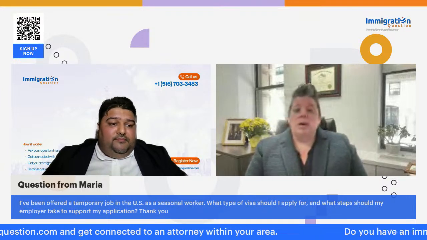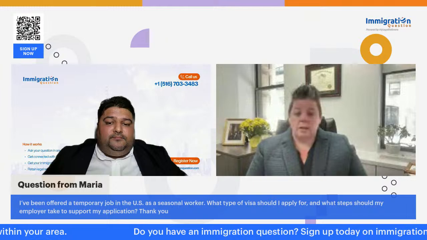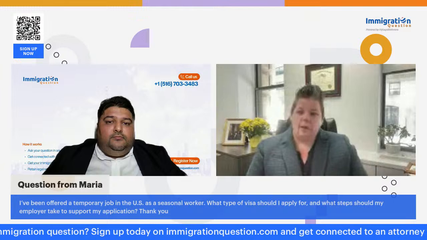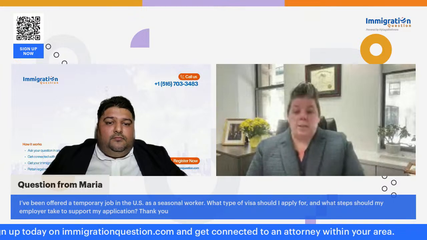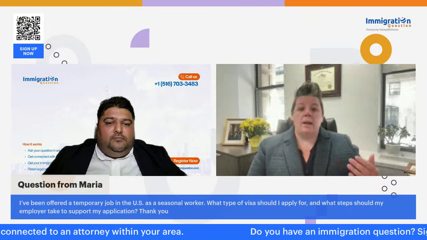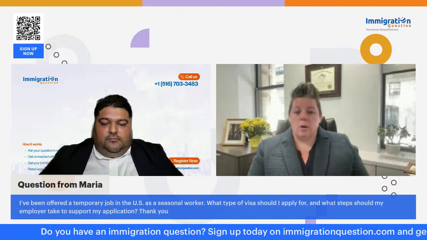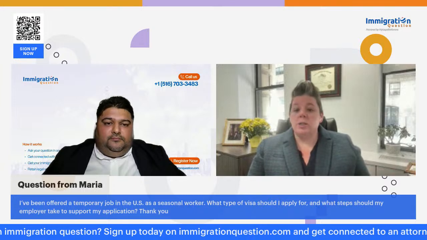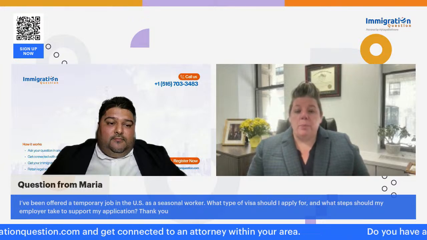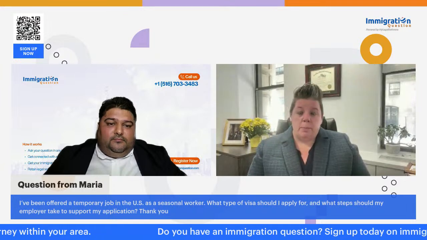Okay. So there's two types of visas that may be applicable, either the H-2A or H-2B. H-2A is the agricultural visa. So if the work is related to agriculture, then H-2A, as in Apple, is going to be your best. If it's more like temporary work in a resort, or sometimes construction, that's going to be the H-2B as in boy. With both of those visas, the employer has to first start doing paperwork with the Department of